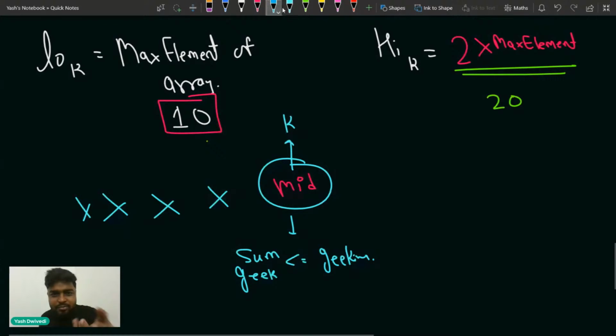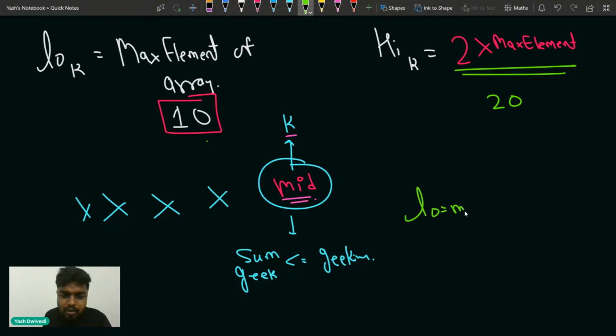If I choose this mid value as K, the amount of liters for every type of juice, and it does not satisfy, then all the elements on the left will also not satisfy. This means I need to think about a higher capacity. So in that case, I'll mark my low as mid plus 1, and search from mid plus 1 till the end.